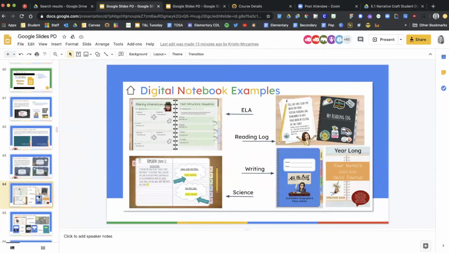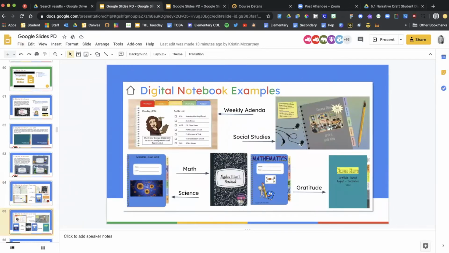So example after example after example. I'm now on slide 65, and I put more examples there for you. Social studies, some teachers are using slides like an interactive journal, like to keep a weekly agenda. So more